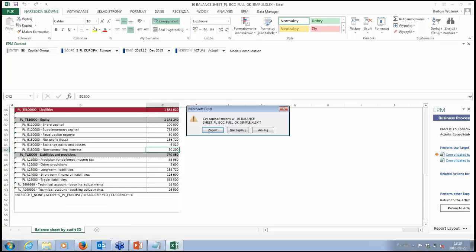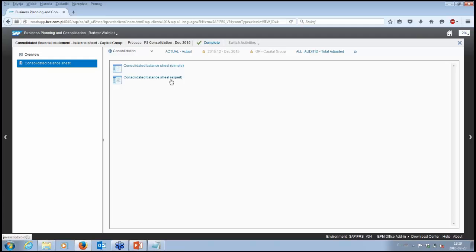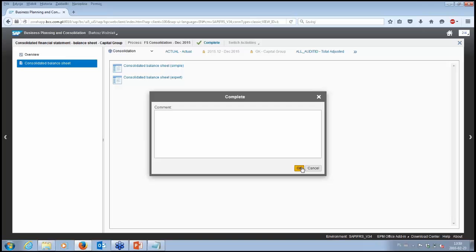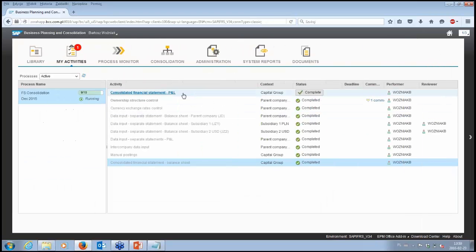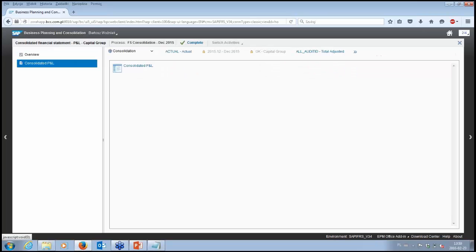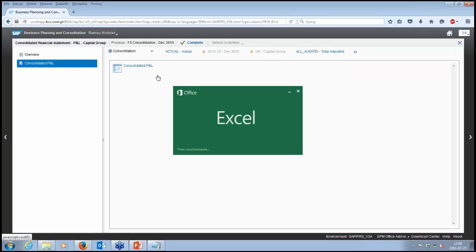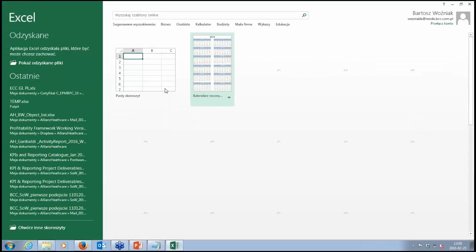And we can also see the profit and loss statement. Okay, this is the extended version with more columns, making it possible to trace all the changes in data in the current line item and the consolidated profit and loss statement.